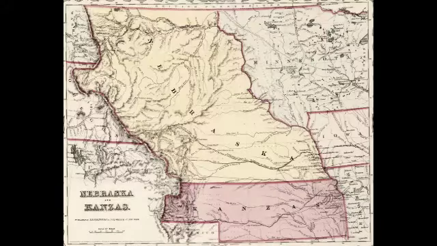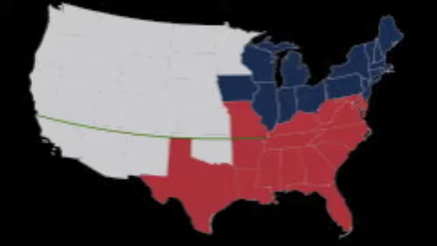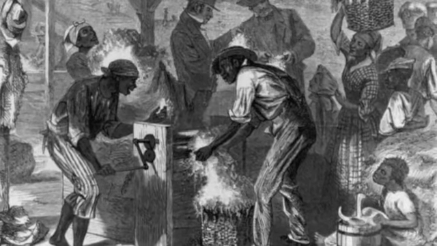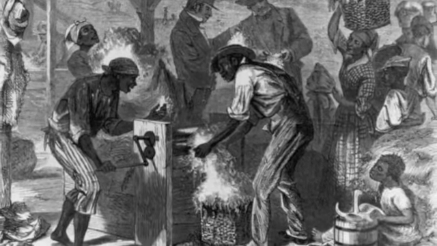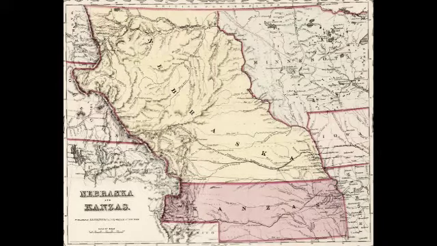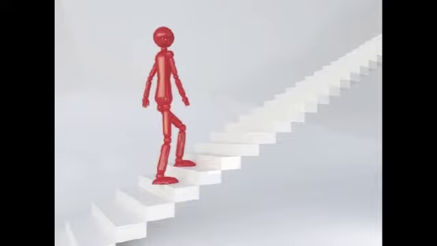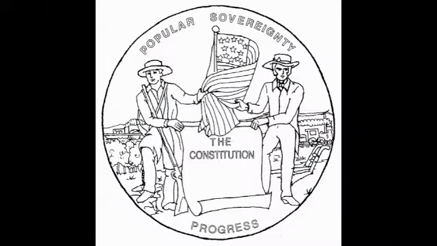This line is the reason why the South would not support Douglas, because Nebraska was north of this line, meaning it would become a free state. What happened? Douglas inserted into his Nebraska bill an explicit repeal of the Missouri Compromise, so that no territory would be automatically designated as non-slaveholding. As an alternative, the bill declared that the slavery issue in the Nebraska region would be decided by popular sovereignty, thus extending the Compromise of 1850's concept of popular sovereignty.